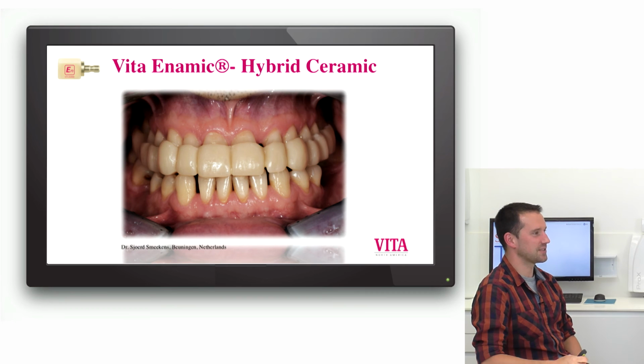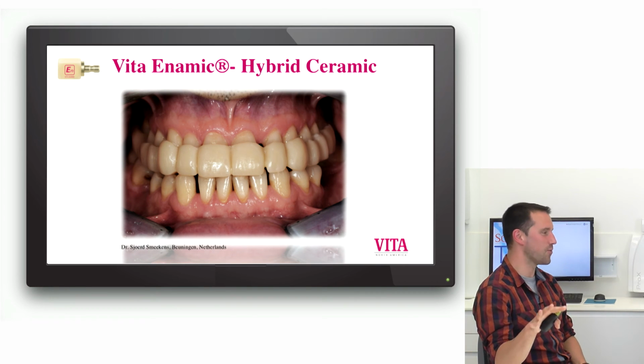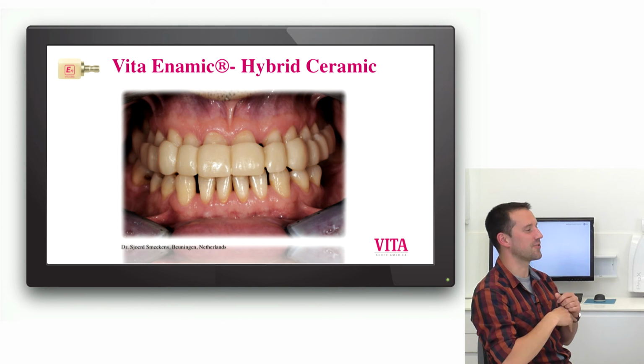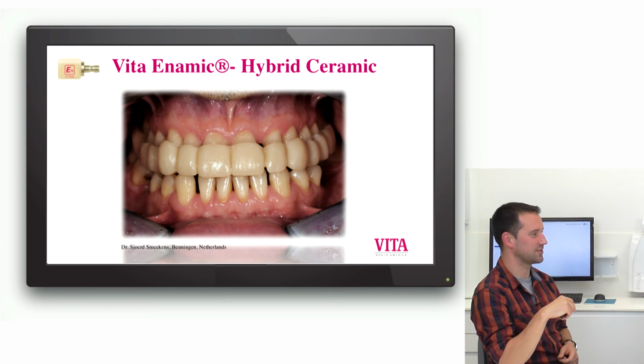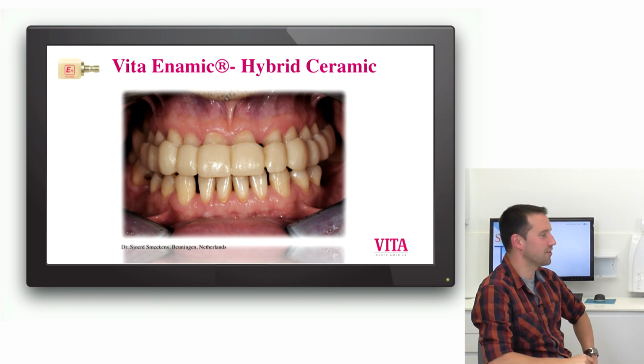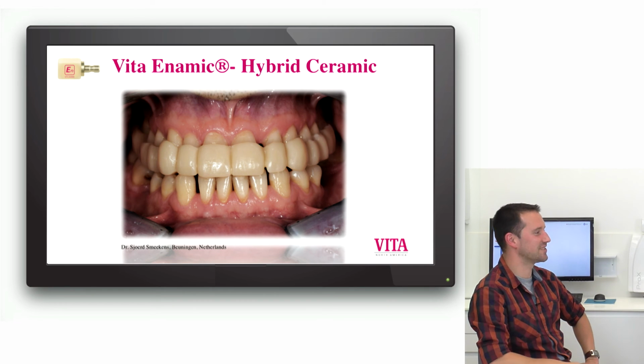So we said to the patient, we're going to let you walk around with this for a year and a half before we stabilize the entire occlusion, and then we'll do final restorations. The patient said, no, just bond it in like it is now, I'm happy. We said, no, honestly, I understand you're happy, but this is not the way we do business around here. So after a year and a half, when the patient came back, the headache stayed away and so on,